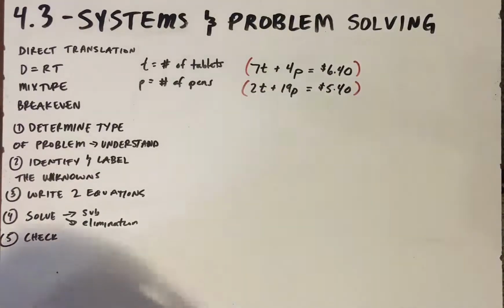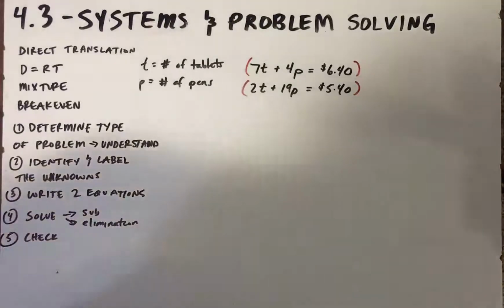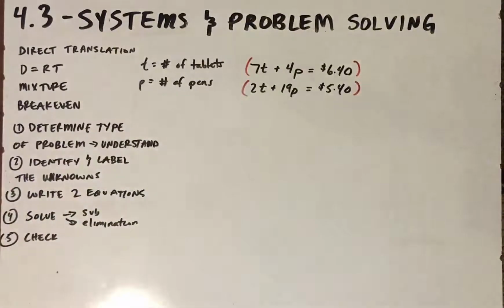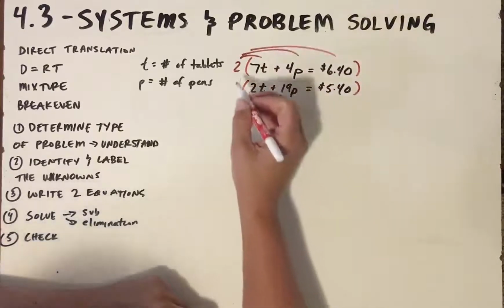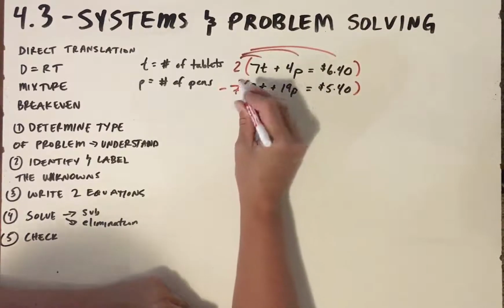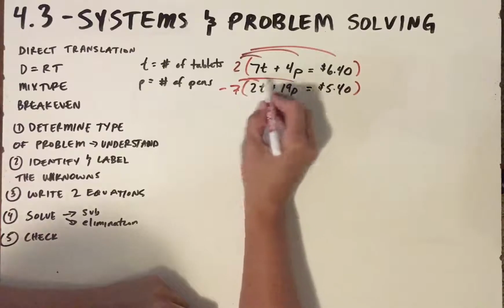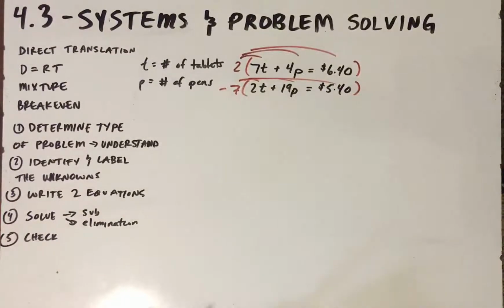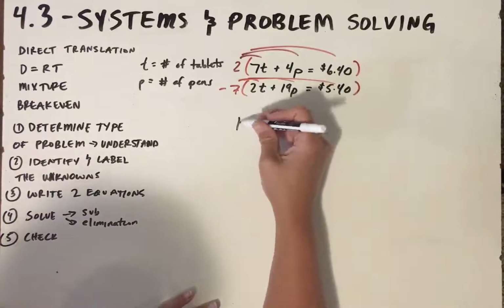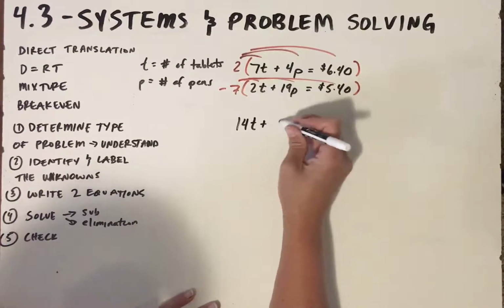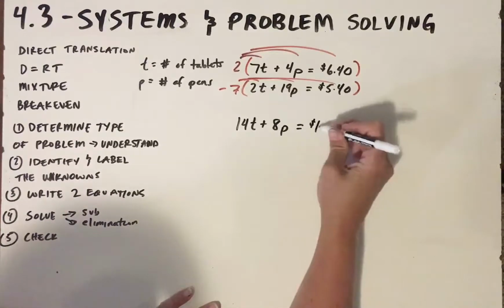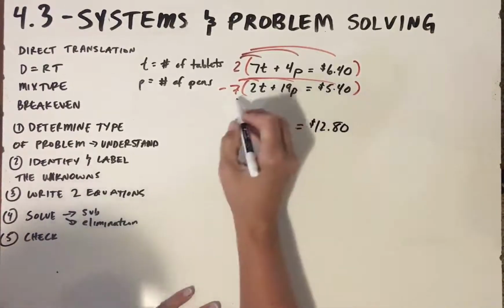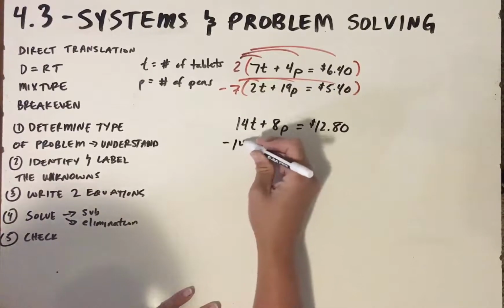And in order to do that, the smallest number that both 2 and 7 go into is 14. So I'm going to make this top equation be 14, and this bottom equation, I need it to be negative 14, this T right here. So my new equation for the top is going to be 14T plus 8P is equal to 1280. The new equation on the bottom here is going to be a minus 14T,